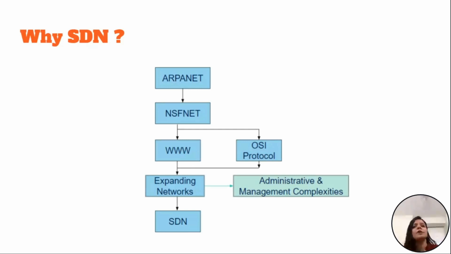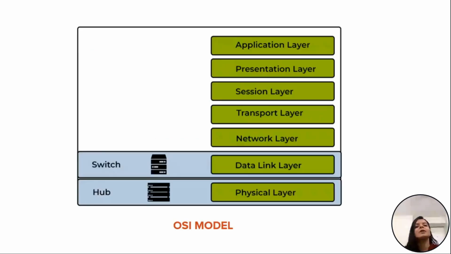And before moving into what is SDN, we all know what the OSI model is, right? So let's take a look at this OSI model. We're all familiar with this. This is the OSI model, and this is a 7-layer model. As you can see, starting from the physical layer up to the application layer, we have the 7 different layers which help with the complete data transfer from a client to a server, or let's say from a sender to a receiver. So here, as you can see, the physical layer, the data link layer, and the network layer.